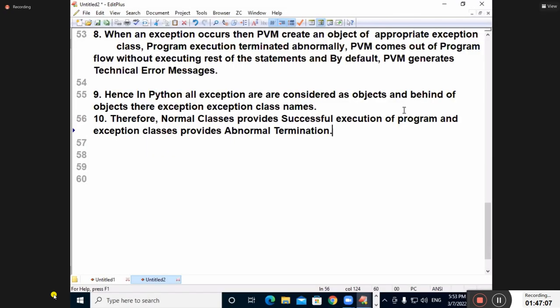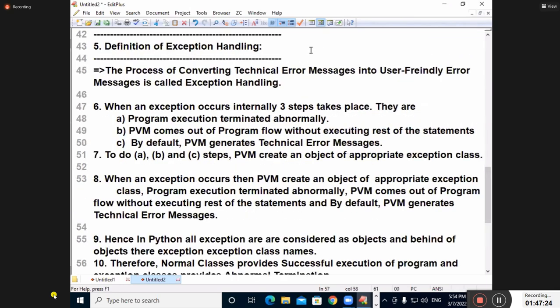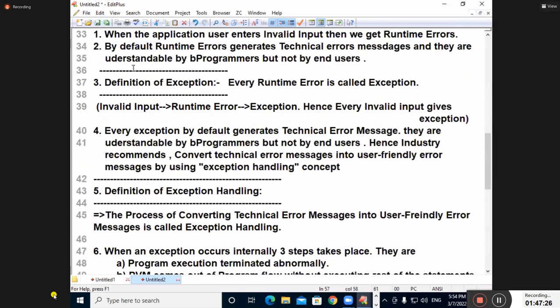Don't tell this example all of a sudden in an interview. Because when I say this example, immediately you think, I got one key point, I will tell this in the interview. Don't tell that. I gave you general awareness. Is it clear? These are the points for what? Exception handling points to remember. I hope you are understanding. Go on top of it and write the meaning of it.